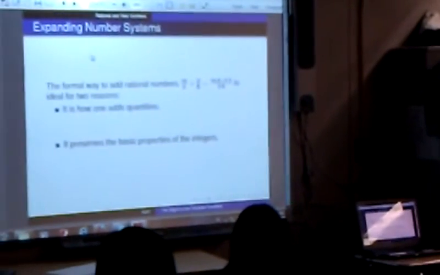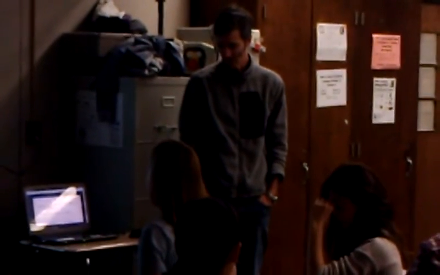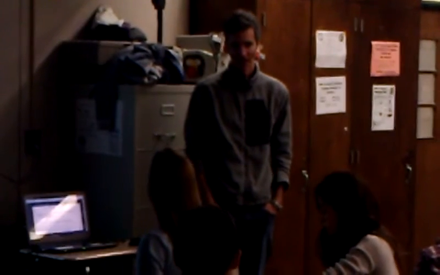But there's another way that I think doesn't get mentioned enough, certainly doesn't get mentioned in middle school, and probably shouldn't get mentioned in middle school, but eventually it should get mentioned, and this is what I'm going to lean on a lot in this talk when I talk about the complex numbers, is this